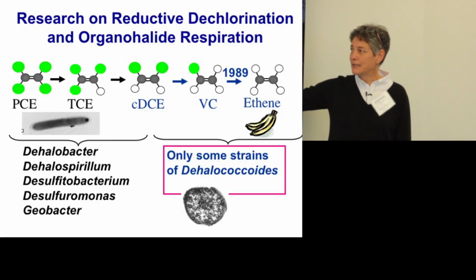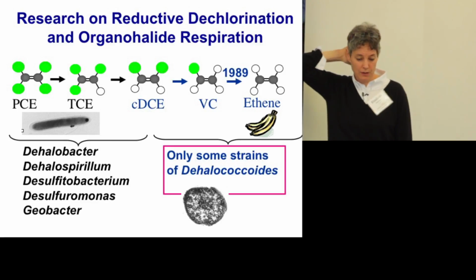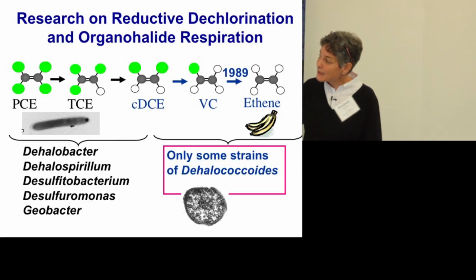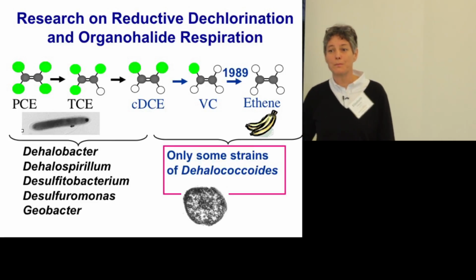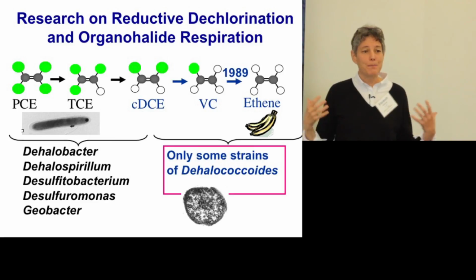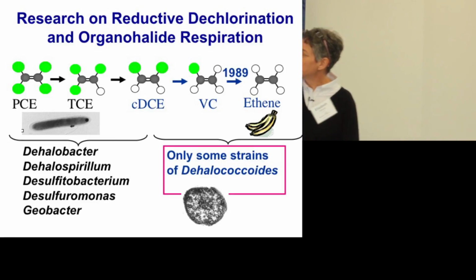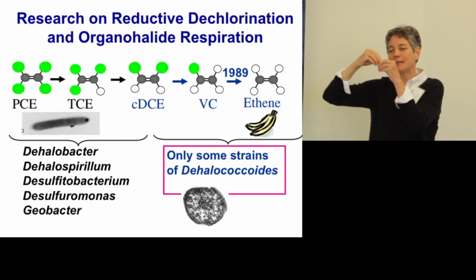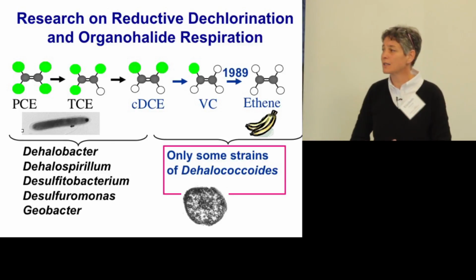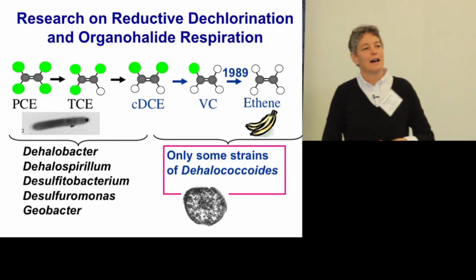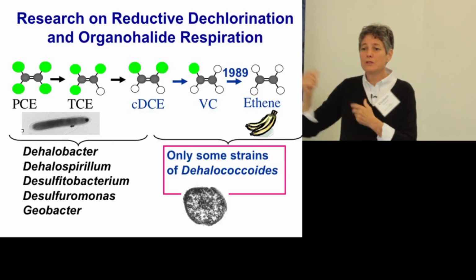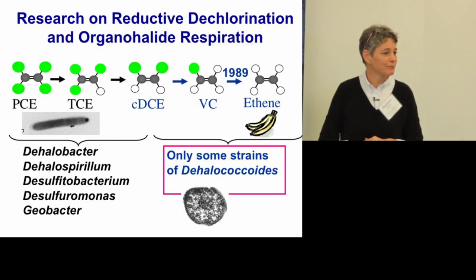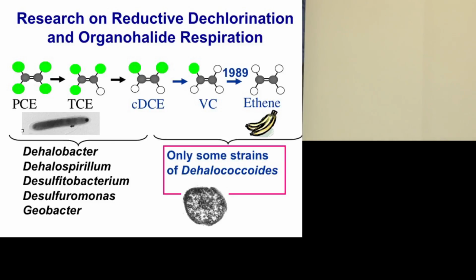Fast forward now. We started working on this 20 years ago, and a lot of other researchers as well. And what has been discovered is a whole new microbial group. They're now called organohalide respiring bacteria. These organisms use these relatively oxidized compounds, because the chlorine group basically pulls electrons away from the carbon, making these relatively more oxidized. This is a reductive process. And these microorganisms have evolved to use these compounds just like we use oxygen in their metabolism. And so they are also very interesting.